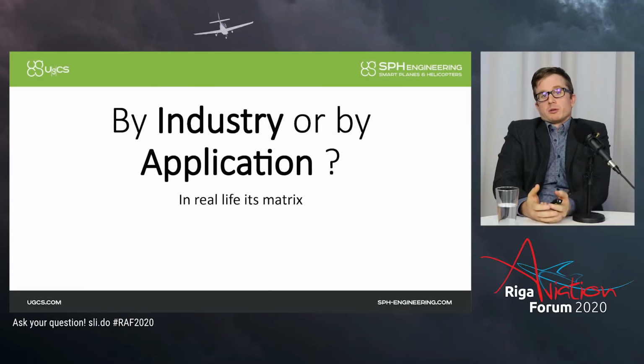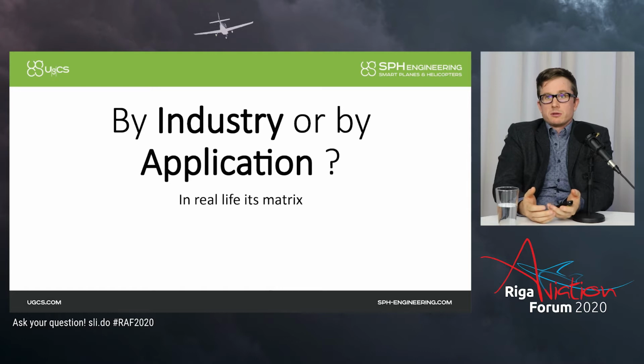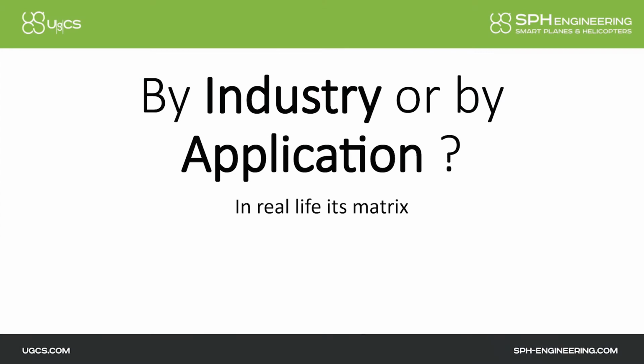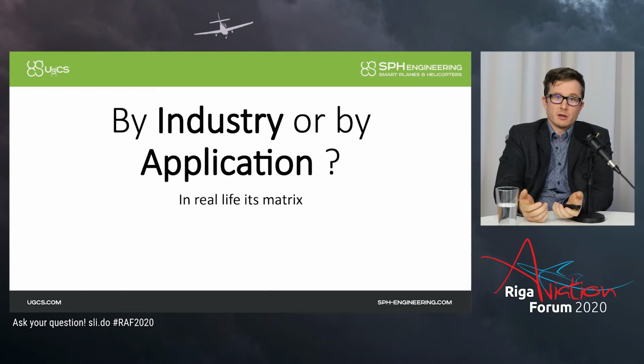Another big question about how to classify usage of the drones is whether to divide it by industry or by application, because that's pretty hard to answer question, because different sources divide it differently. But I would suggest let's use it as a matrix, because in real life, one application, even like photography from drone, can be used in many industries, be it oil and gas, or inspections, or insurance. All those used for different aims, the same application of the drones.